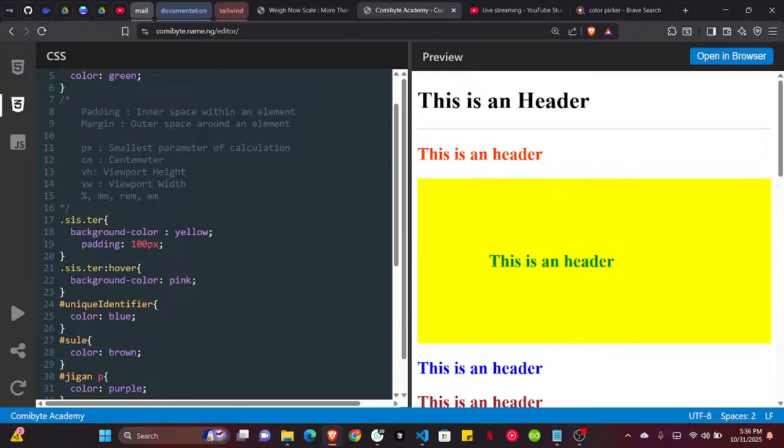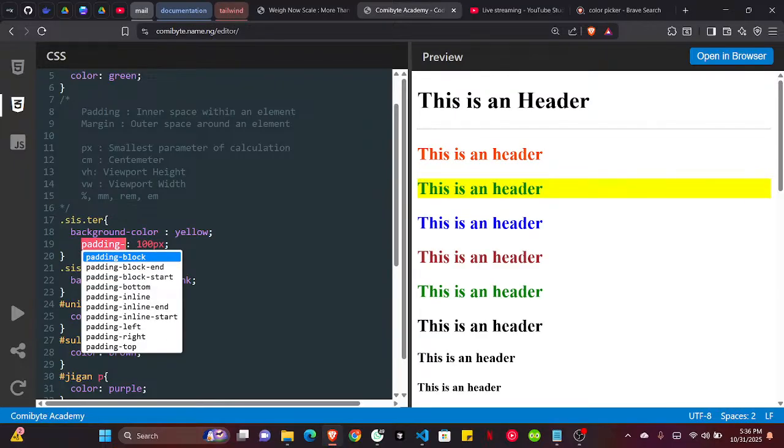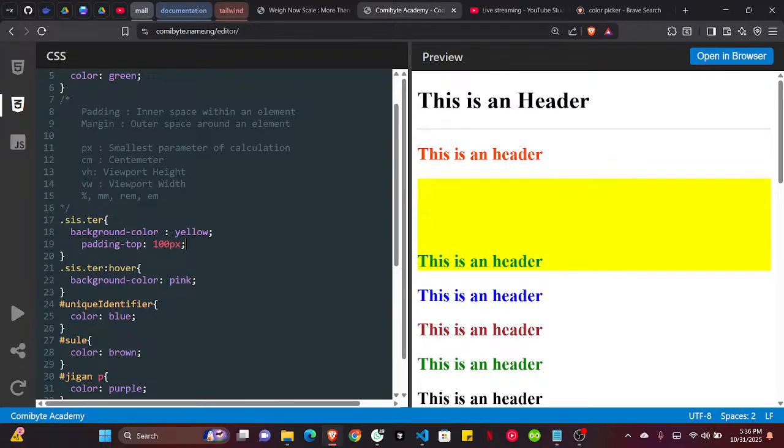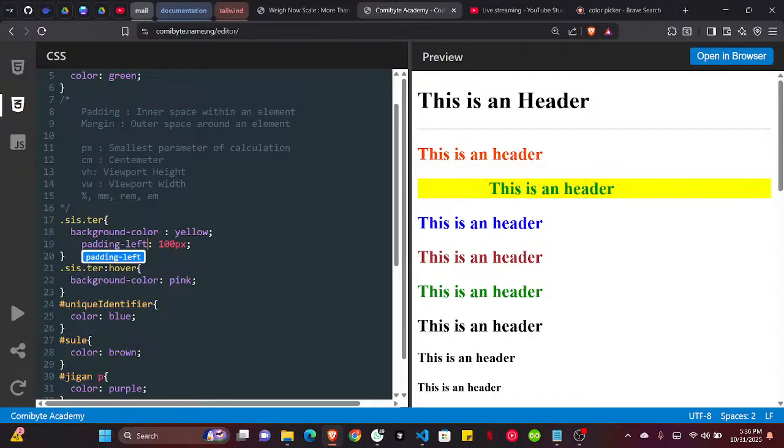So that is basically what the padding is all about. We have different parts for the padding. If you want the padding for just the top, we are just going to say padding top, and if you come here, we are going to see the space from the top. Now we also have the padding bottom, and it's just for the padding from the bottom. We also have the padding left, that is space from the left, and also the padding right, that is